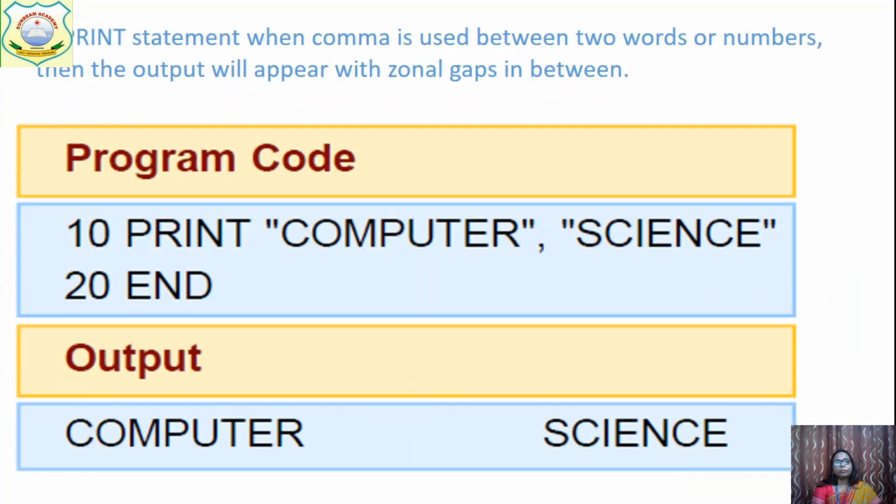Now some more things that you have to learn, because how to put the gap between two words or numbers. So for that we have the comma. See, 10 print computer and science. Computer and science are two different words, and I want to put a gap in between these two words.